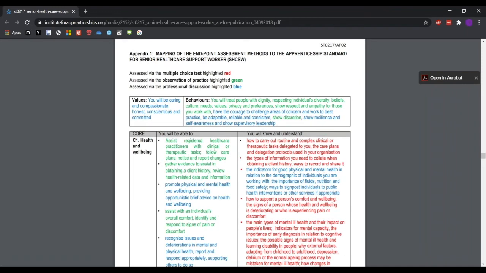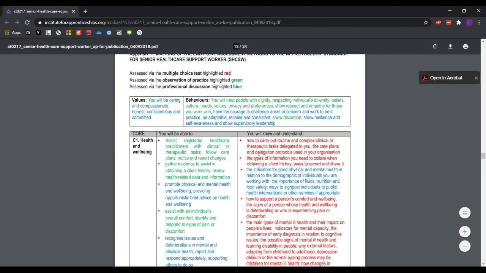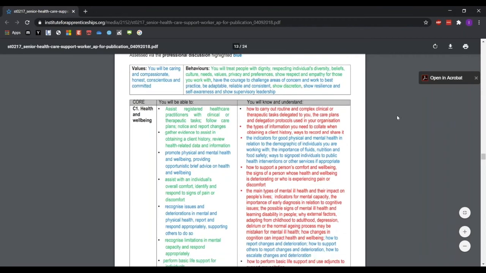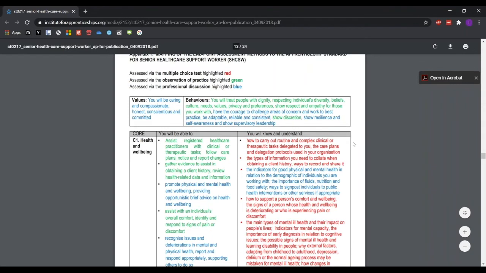so here we have all of the assessment criteria that are contained within the standard, and they are color-coded. So anything that is detailed here in red is assessed by the multiple choice test. Anything in green is in the observation of practice, and anything in blue is via the professional discussion. So looking at the red, we'll just go through and take a couple of examples. You're able to use this to know exactly what kind of assessment criteria are used to identify the apprentice's competence